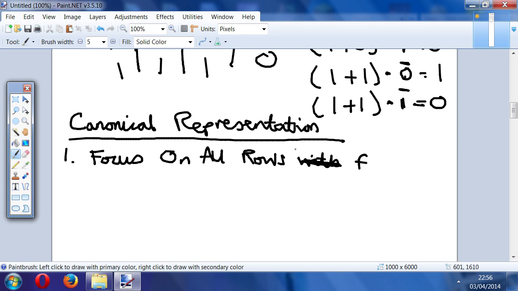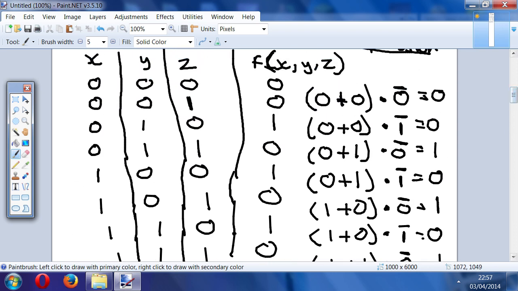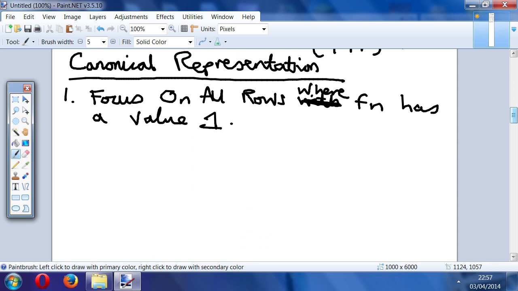That should be okay. So where the function, I'll just give it a value of 1. Okay. All right, so it's going to be the third row, isn't it? 0, 1, 0 is going to be 1. 1, 0, 0 is 1. And 1, 1, 0 is 1. Okay. All right. Well, done that, I suppose. I haven't really done it, but